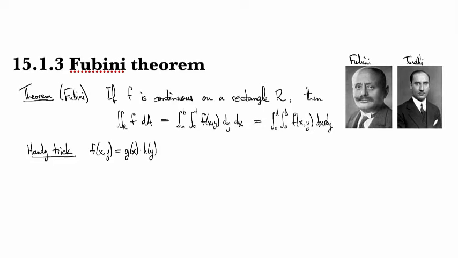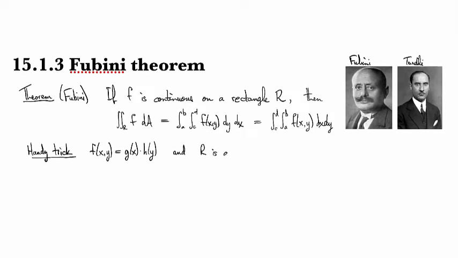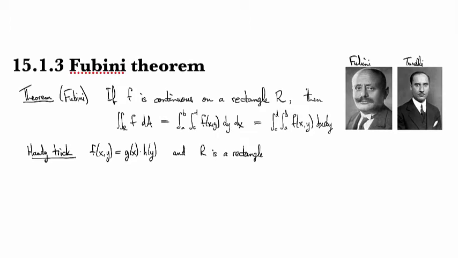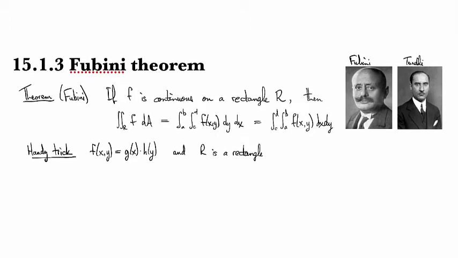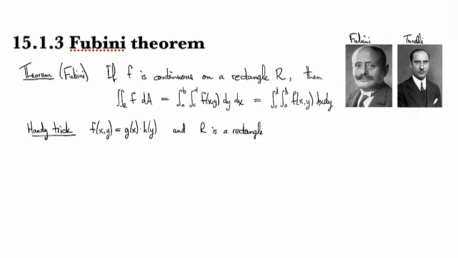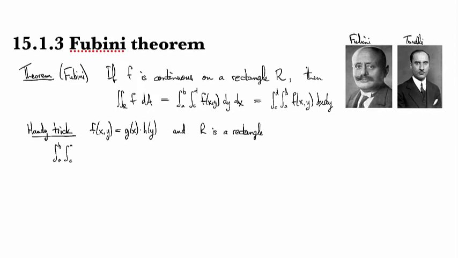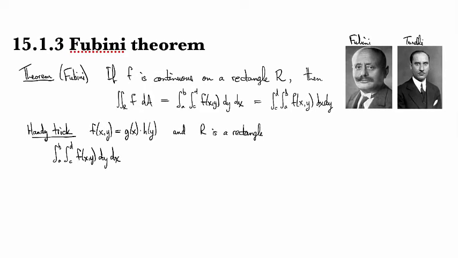So if it factors, if you can split it like this and you're over a rectangle, and that's important because later on we're going to look at integrals over more general regions. So it has to be an integrand that factors, and when you're over a rectangle, then if you look at the double integral from a to b, c to d of f of x y dy dx, like this,